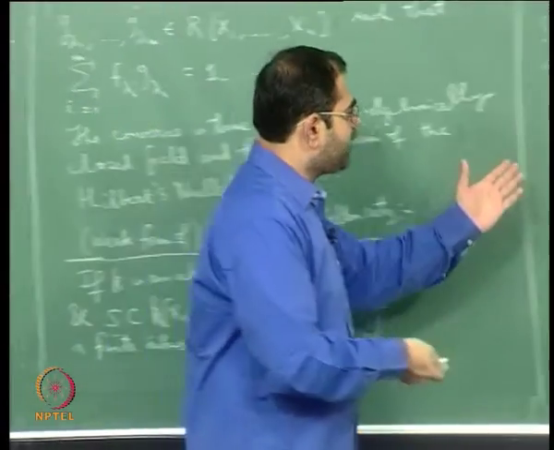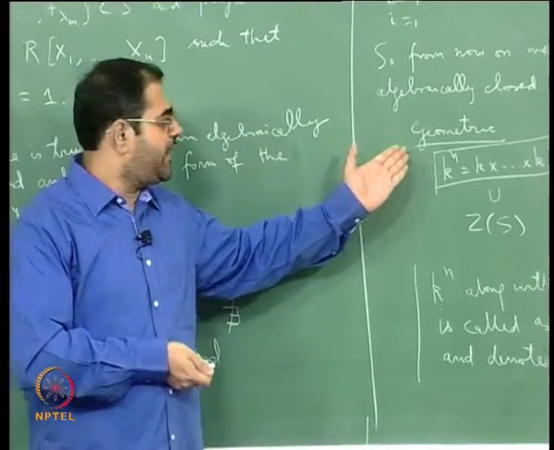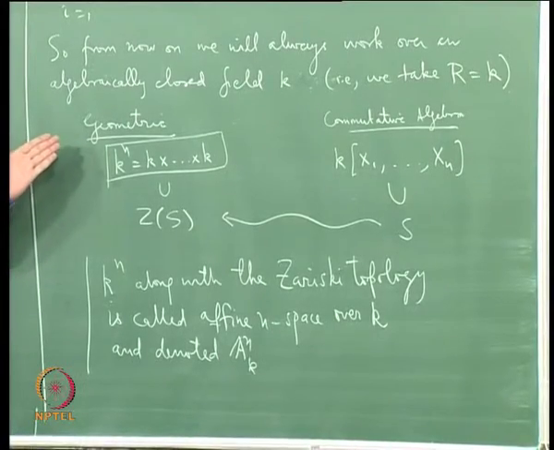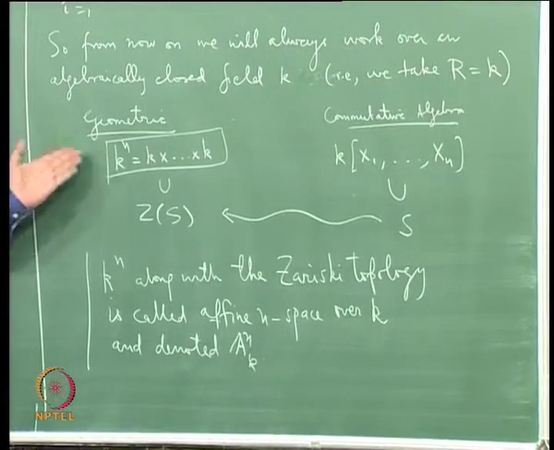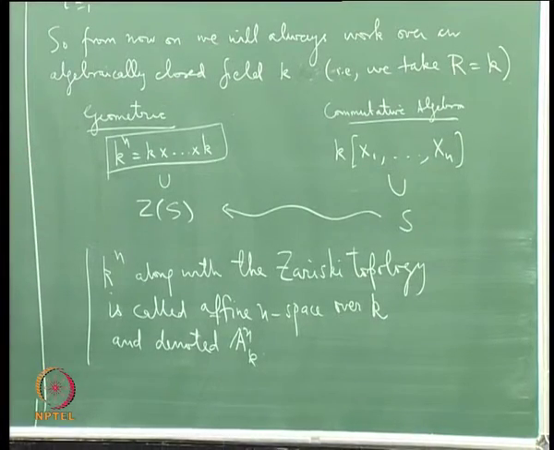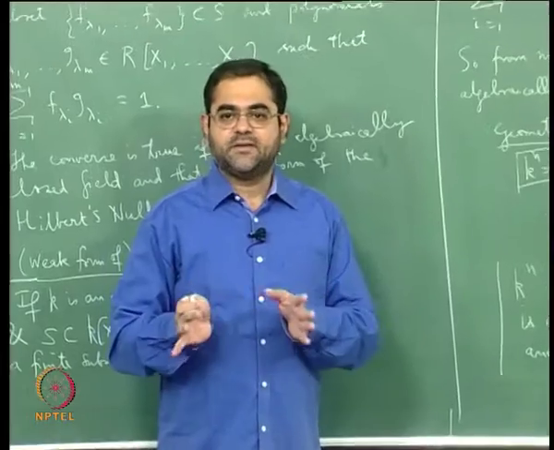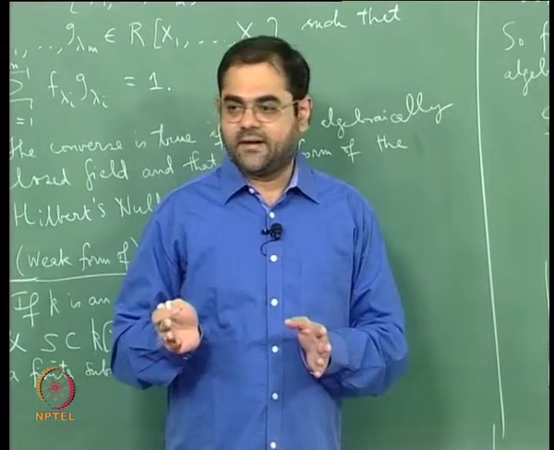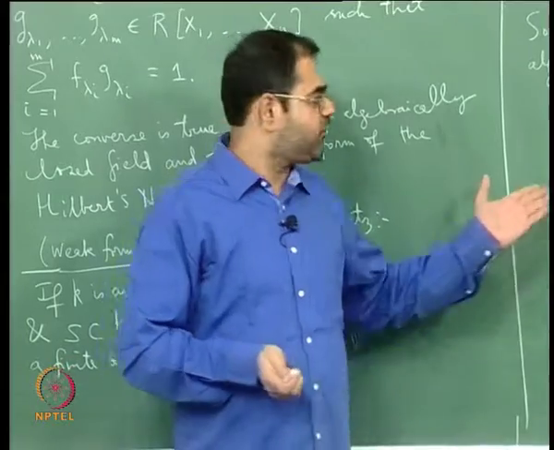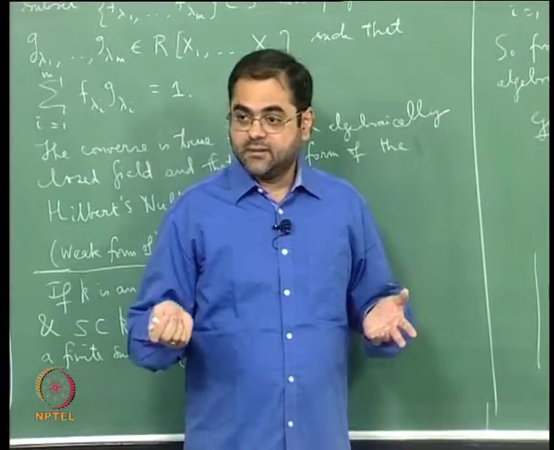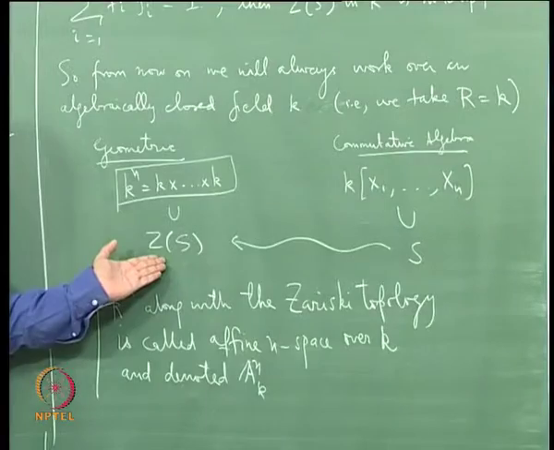So basically what I will have to do is either give you a collection of open sets or a collection of closed sets which satisfy the corresponding axioms. And what happens in geometry is that it's easier to begin by looking at collections of closed sets, and guess what are going to be the closed sets? The closed sets are going to be just common zeros of